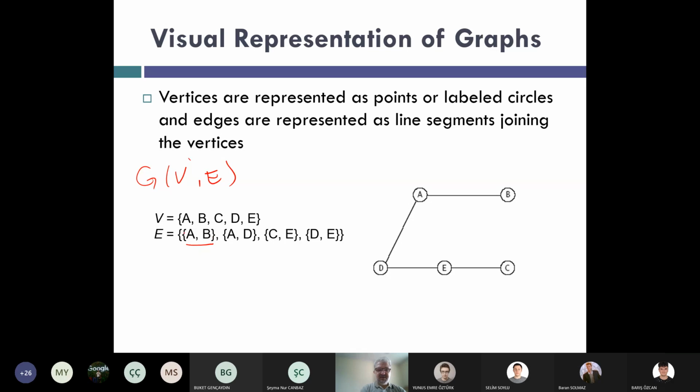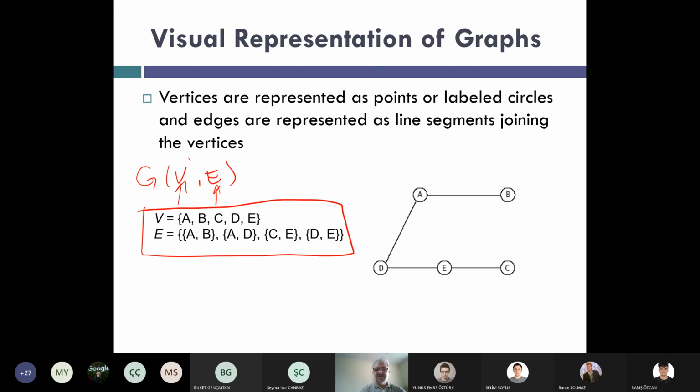So this means there is a relation between A and B. This means there is a relation between A and D, and C and E, and D and E. So these are the edges in the edge set. This is one representation of a graph. Mathematically, we can represent a graph with two sets, as in here,